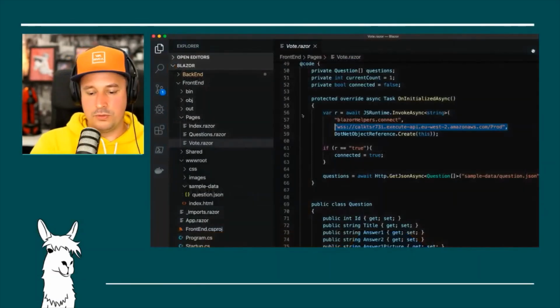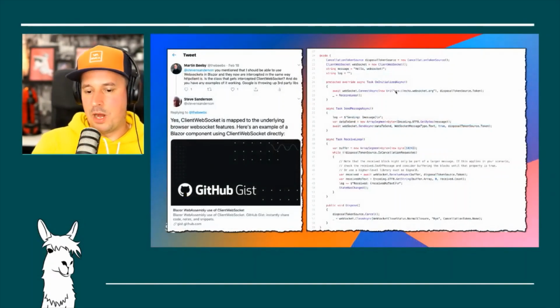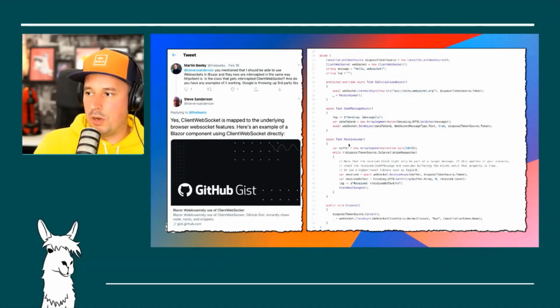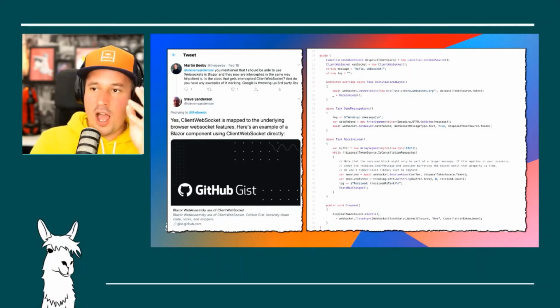So this would connect up to my WebSocket URL. When you send a message, you can basically send a message to the WebSocket, and when you receive a message, it comes into the WebSocket. Now that's cool and it would work, but I've not got it working. So the way I did it was a little bit more complicated, but it does show you a little bit